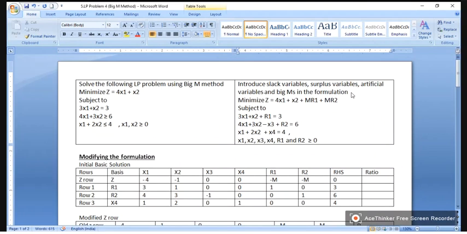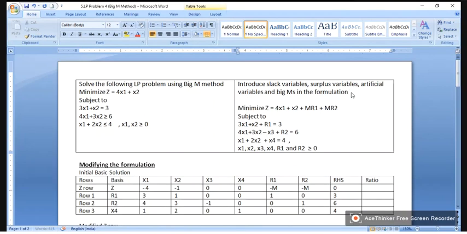So all of you write the right hand side now. If you have already written, it is okay. If you have any doubt writing the formulation as present on the right hand side, you can ask the doubts.